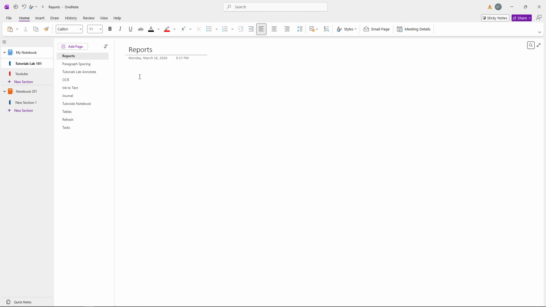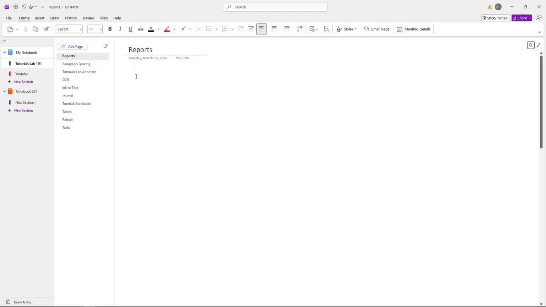Start by opening your Microsoft OneNote app and load into your notebook. Give it a moment to fully load all your pages and sections so you're working with everything properly synced and ready to go. Once your notebook has been loaded, we're going to disable auto-embedded video link when pasting link in